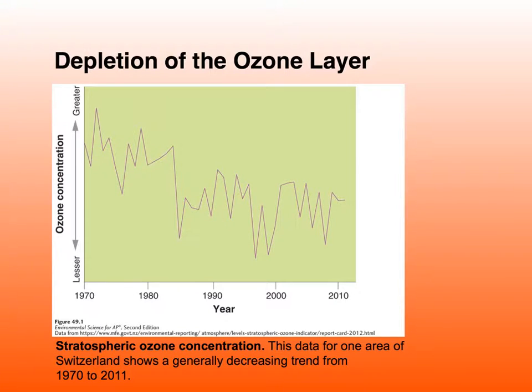Okay, depletion of the ozone layer. So let's take a look at this graph here. You see that ozone concentration has gone down quite a bit, but it's starting to go up. But you can see it's just a downward trend overall, right? So we've definitely come back from some of the events that were happening here, right? Remember, you need to be able to read graphs and a decreasing trend, right, if you do a best fit